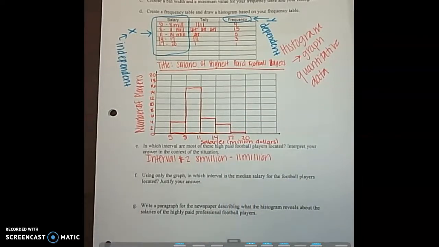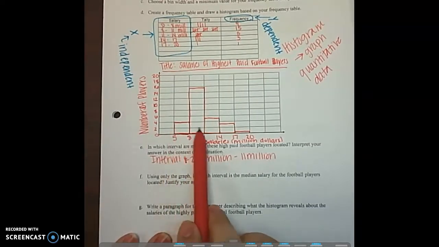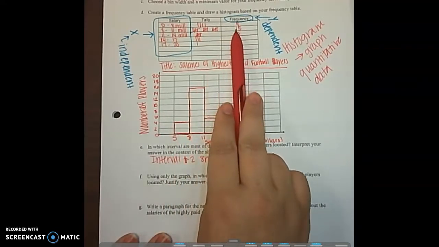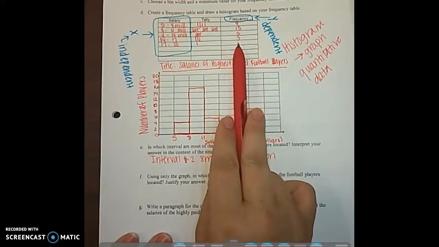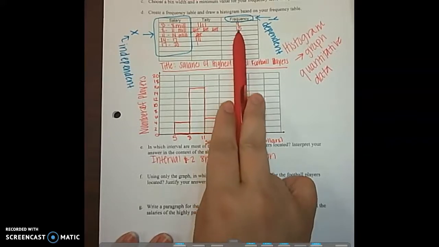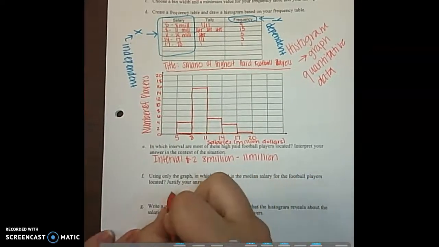F says only using the graph, in which interval is the median salary for the football players located? Justify your answer. All right, so this means that our median, remember median is going to be in the middle. So because we have 4 players and then 15 players there, we know that even after we add these up, so 5, 8, 9, we know that our median is going to be in the middle of right here. So that's where the middle number of players are going to be. All right, so the median is going to be